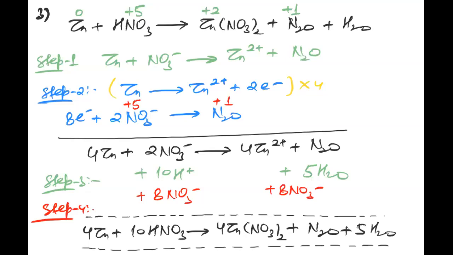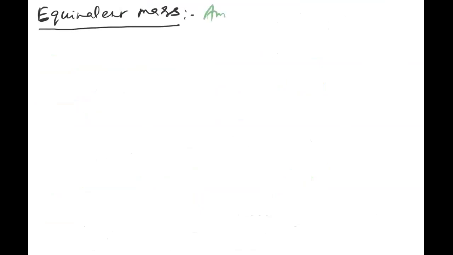So till now we have just seen balancing of redox reactions. Apart from balancing of redox reactions, the next topic is going to be equivalent mass. So equivalent mass is the amount of any substance